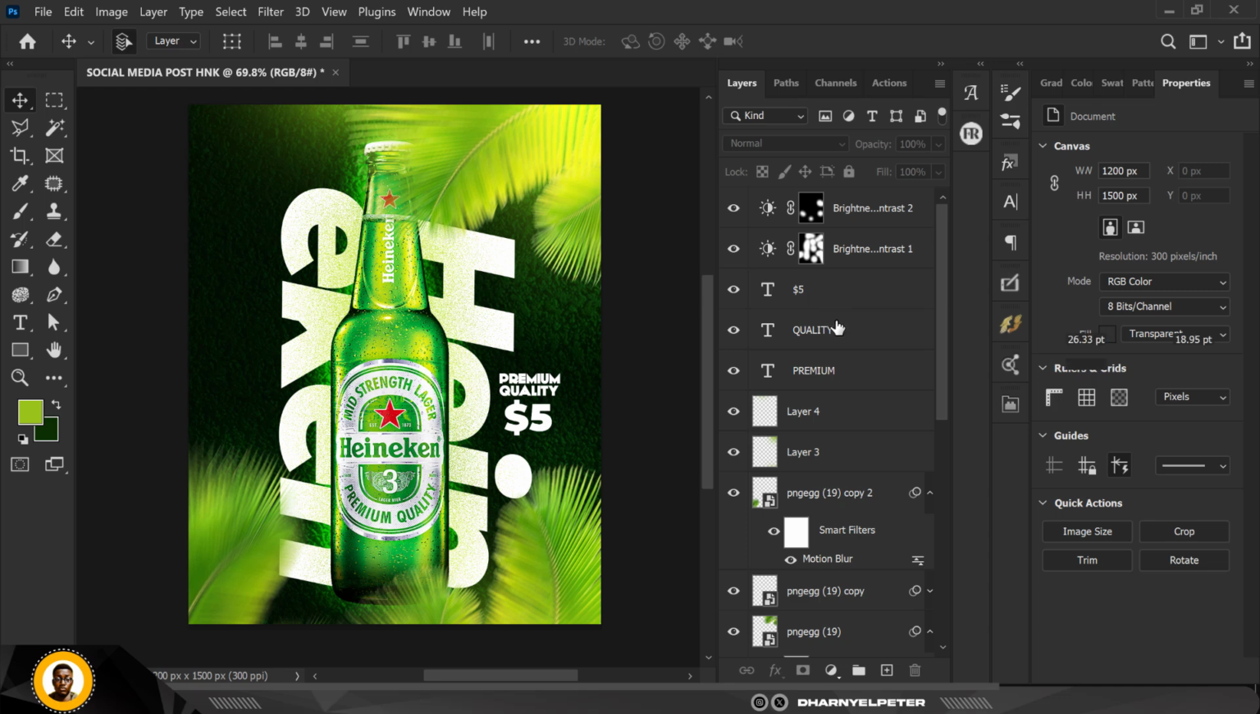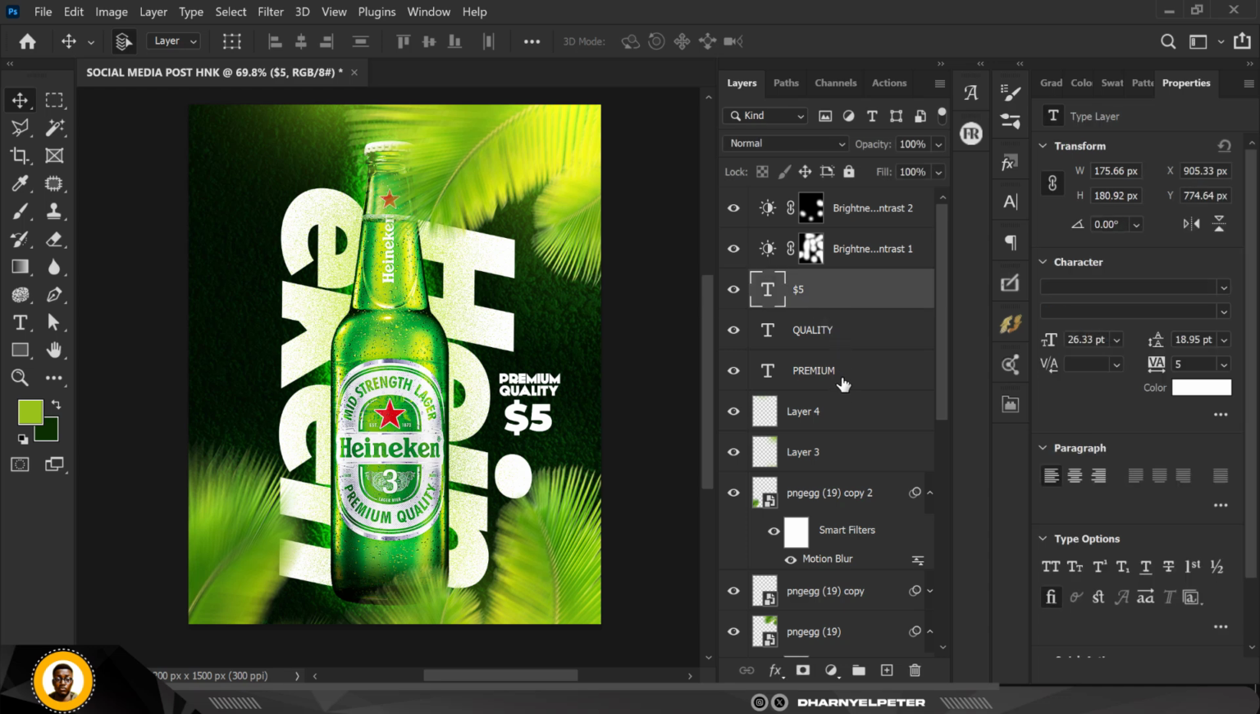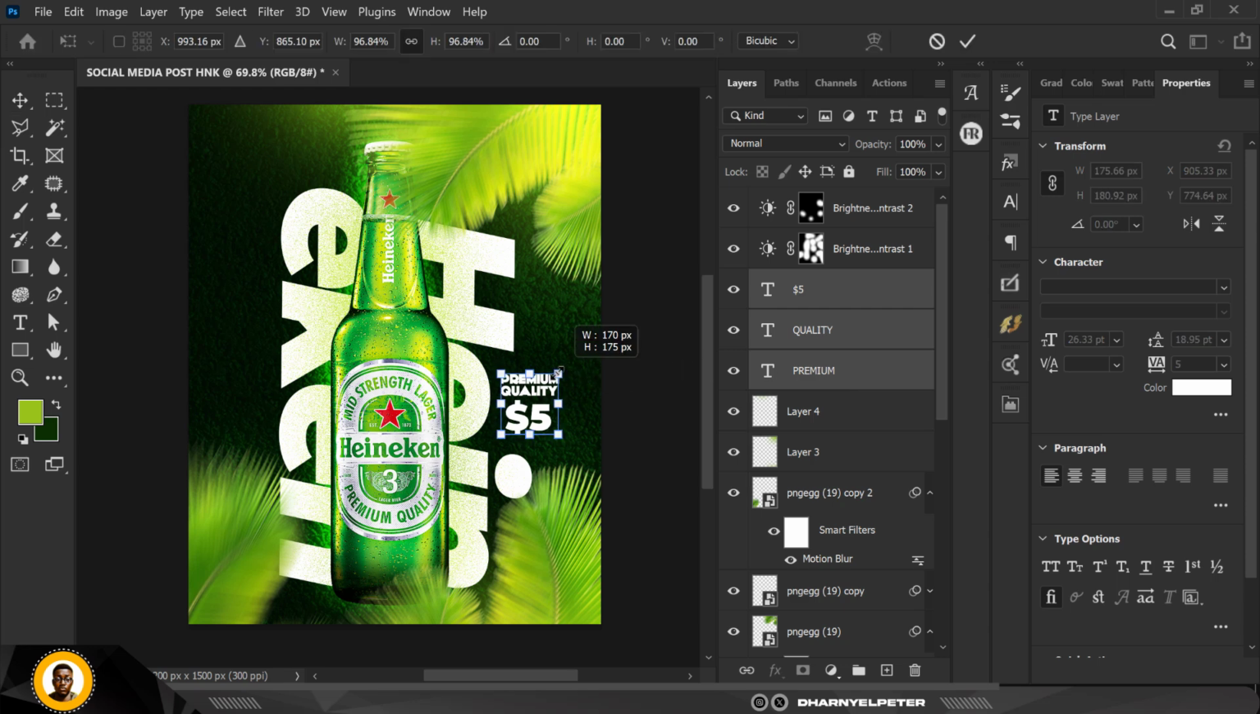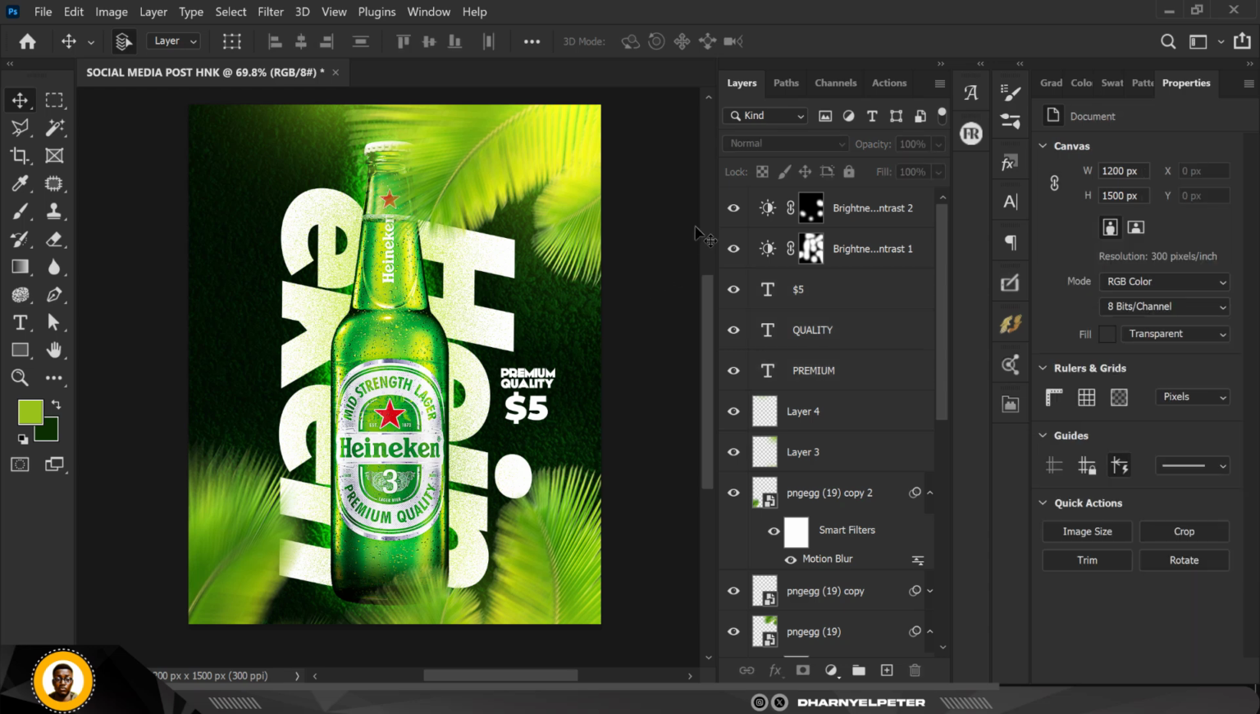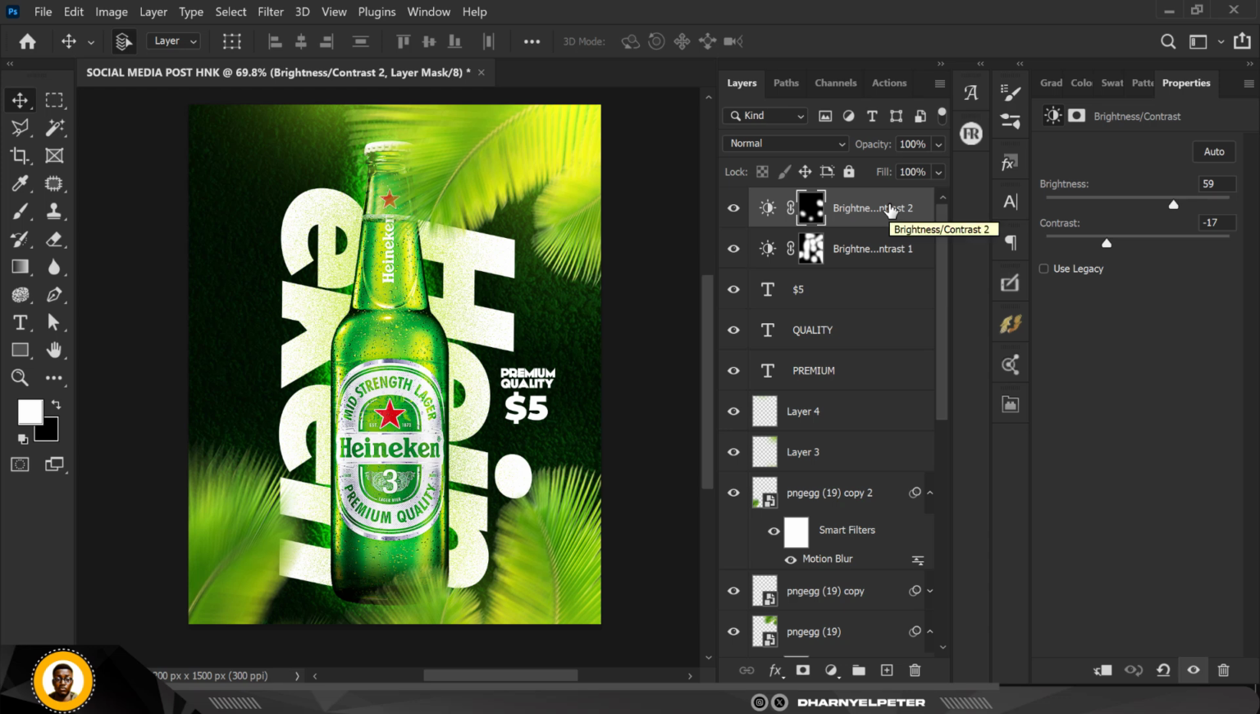Okay, so a few things before I complete this series. I'm going to click all of this and Ctrl T, make this smaller, not so small but smaller than it was before, smaller but still visible. Visibility matters a lot. So go to the top layer,